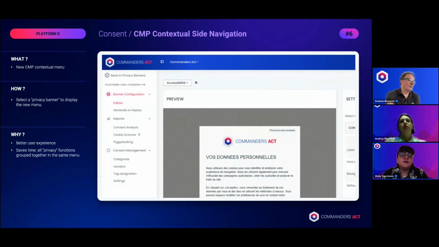It allows you easier access, easier overview, and you can navigate through the different areas. Why? Better user experience and saves time when it comes to all privacy functions which you want to use, and you can see them more or less grouped together and you can switch between them. The next one, please.